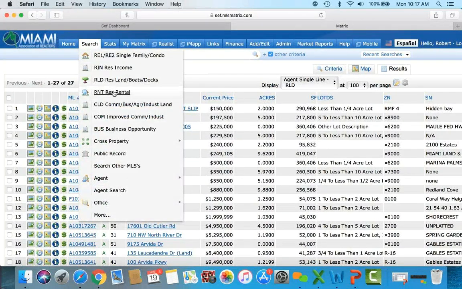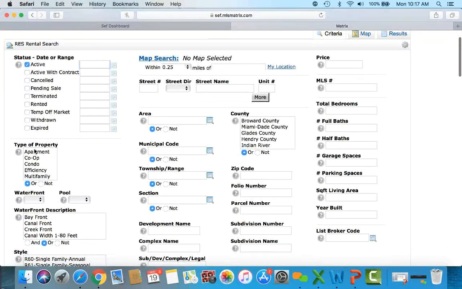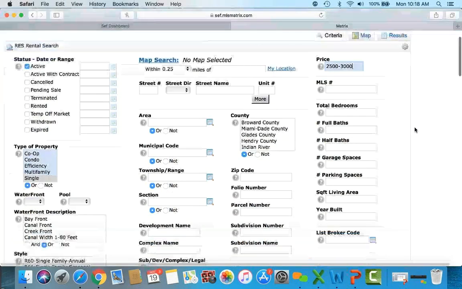Going back to search, residential rental. This, of course, is when we're looking for properties to rent. Again, you have the type of property right here. So if you're looking for a single family home, you will select single family home. And the price is not in thousands anymore. So basically type out your price. So if you're looking to rent a house between $2,500 and $3,000, you've got now